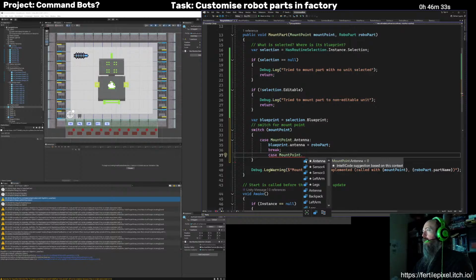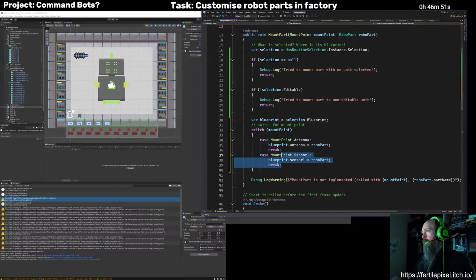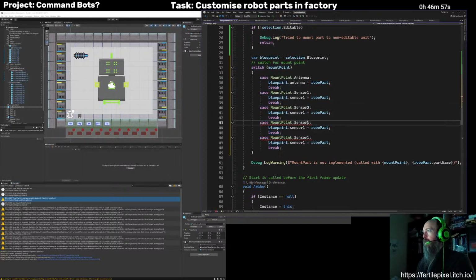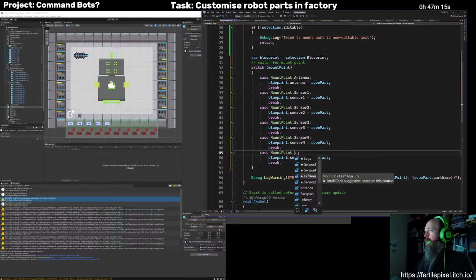Okay, so we've got our antenna at the top, and then we've got all of our sensors. Basically just 4 sensors. Probably should have just started with sensor 1 only, and then I could just go add the others later. On the other hand, it's not going to save that much time. Right. We want the left and right arm.